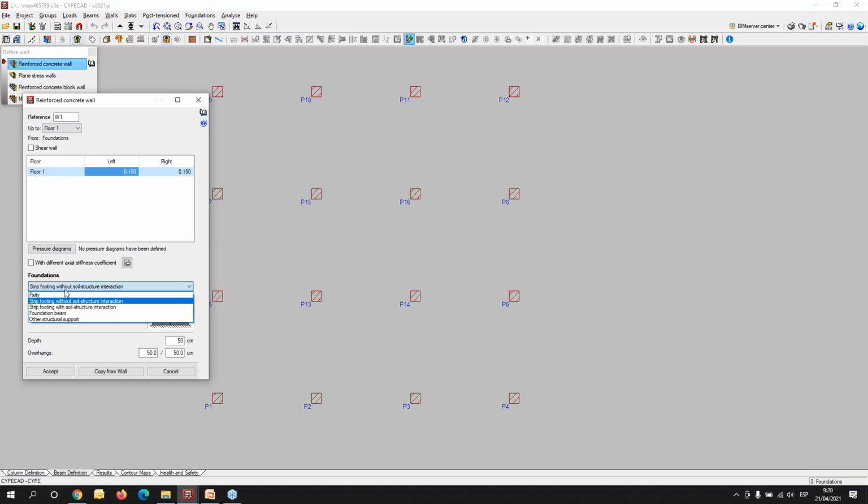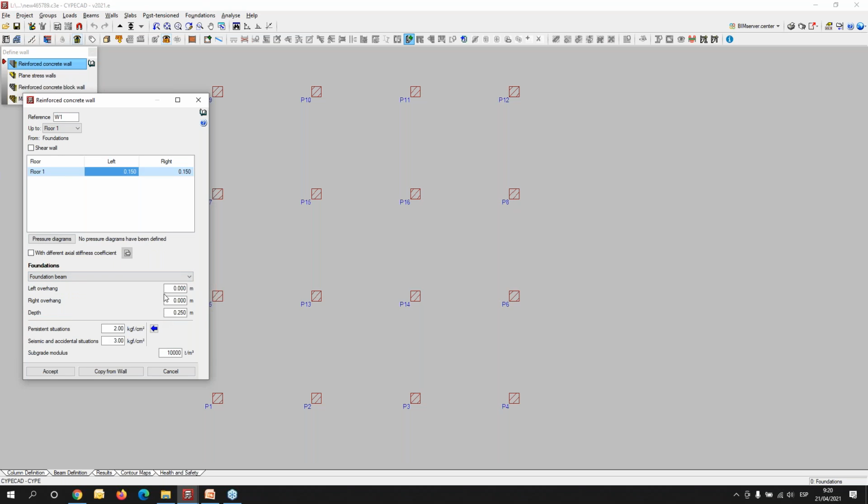I can define for this wall the foundation, and in this case a foundation beam, where we can define the left overhang, right overhang, and the depth of this foundation beam. We will define 15 centimeters for every overhang, and for the depth we will use 60 centimeters